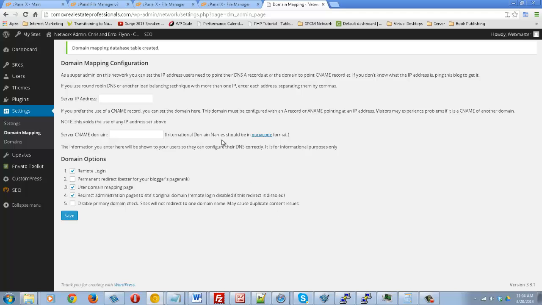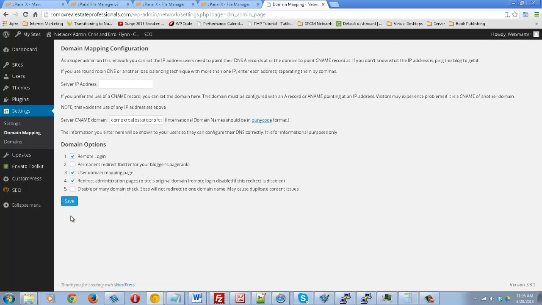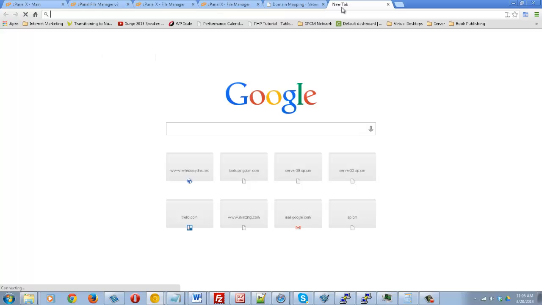Now we have our options, and to make everything simple, we're just going to use CNAME. So we'll add the domain in there and click Save. But the other option is to use server IP address. The way you can obtain that,